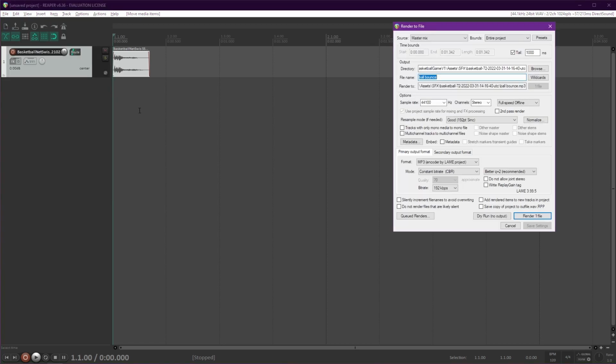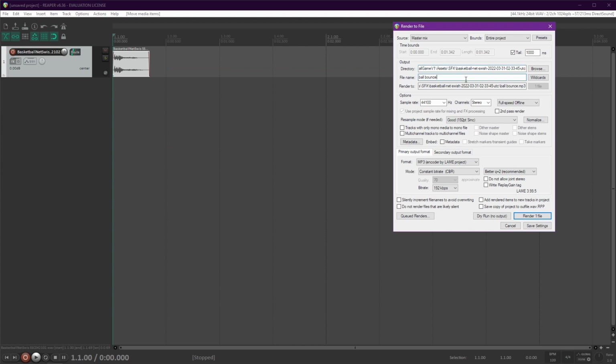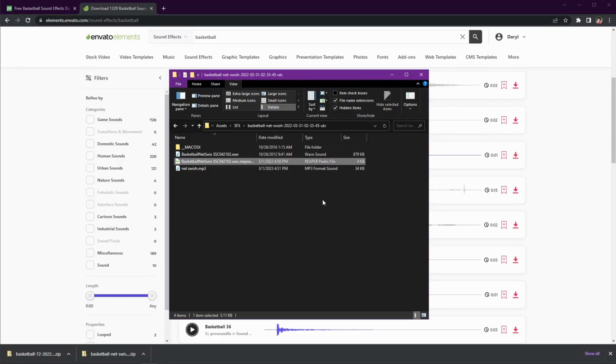And render again. Set the directory and NetSwish mp3 and render file. Done. Okay, nice.